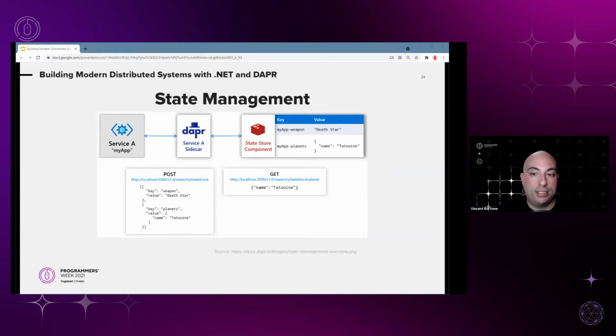The next building block is state management, right? Here we have an example of storing key value pairs in Redis. Again, like I mentioned, this could be Cosmos DB, it could be SQL Server. But again, the abstraction, right? As you can see, and I'll show you the configuration of components during the demo, your service A doesn't need to switch anything when it moves from, let's say, Redis